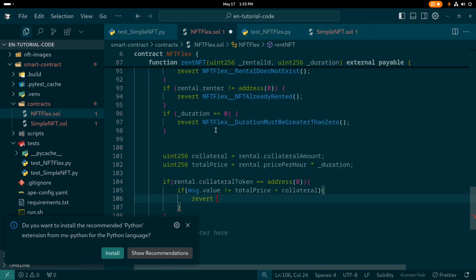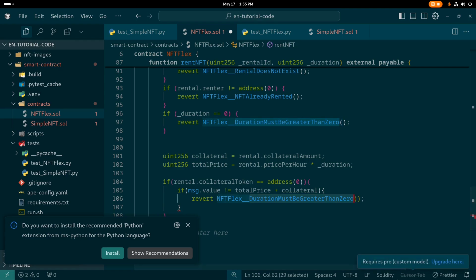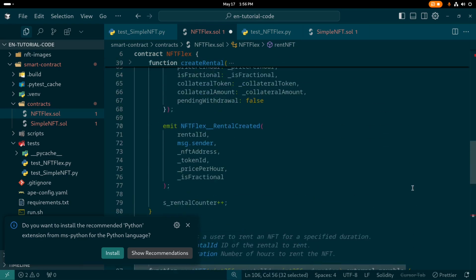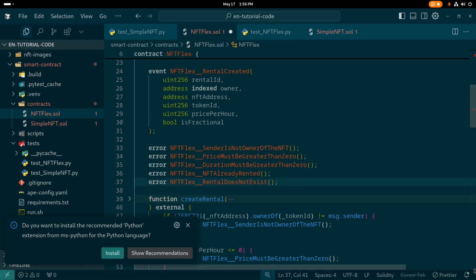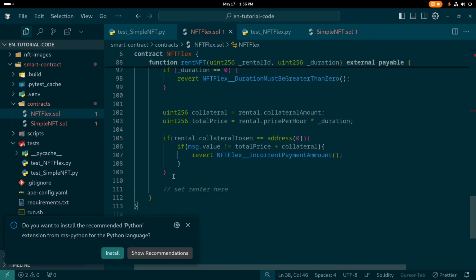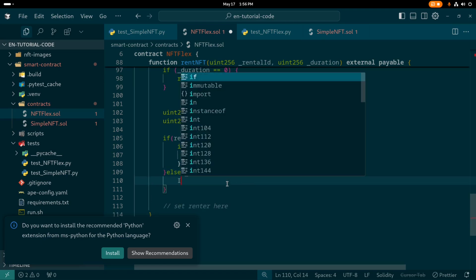The error, let me just copy this and paste it below here. We are going to set a custom error from here. This will be incorrect payment amount. Let me copy this and paste this error up here. Error. Here we are going to call the else condition, else we are going to use